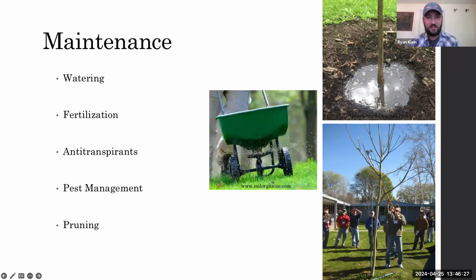As far as maintenance, again, watering is key. Fertilization, I don't usually recommend it at planting, especially if you're shaving the root ball or it was recently spaded or whatever. It could have adverse effects and maybe scorch the canopy. Maybe down the road it could be needed if some nutrient deficiencies have been identified in the soil. But ideally, if you're planting the right tree in the right place, that should not be problematic. Anti-transpirants, pest management, pruning, again, if you need them. The biggest one there would be the pruning, being proactive with developing a nice structure from an early age and throughout the life of the tree.